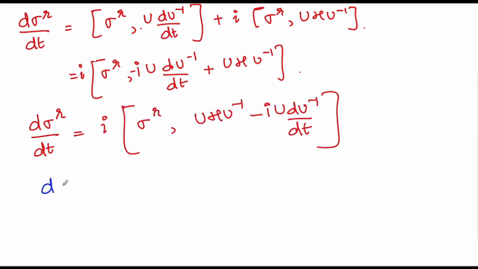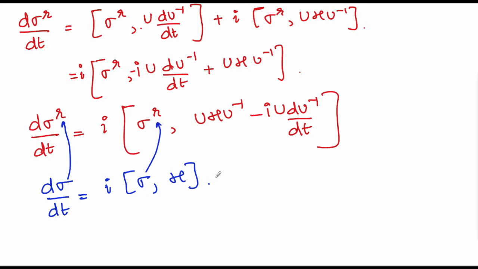This equation looks very similar to the Liouville von Neumann equation you had gotten earlier in the previous lecture. The only difference being, now that you have transformed sigma into sigma r, it has happened uniformly here, and our new Hamiltonian, which is h prime, will be given by u Hamiltonian u inverse minus i times u times du inverse by dt. So now what we have achieved, if we are able to find a unitary transformation such that